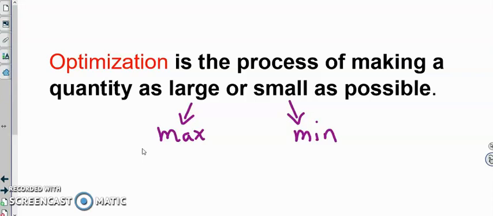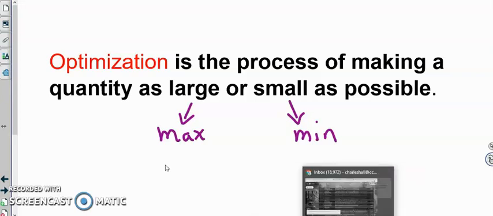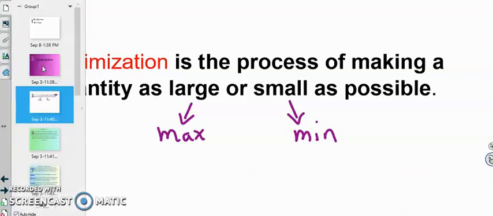It's going to tell us to find something. It could be area, it could be volume, it could be product. It's going to be something that you're trying to find, and it's going to tell you the max of this, the min of that. Every time it's going to ask you something like that when it comes to optimization. In this case, we're trying to find the product